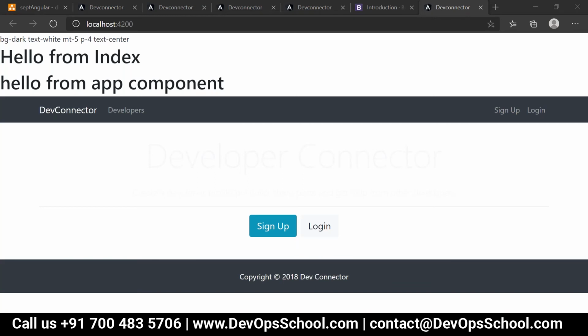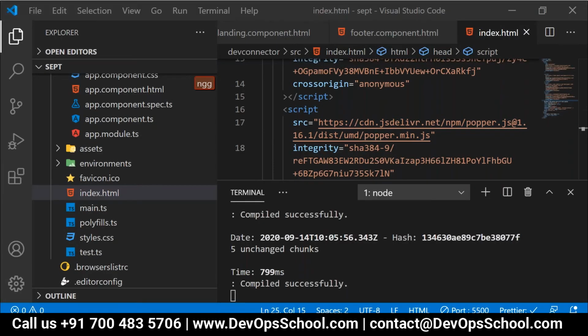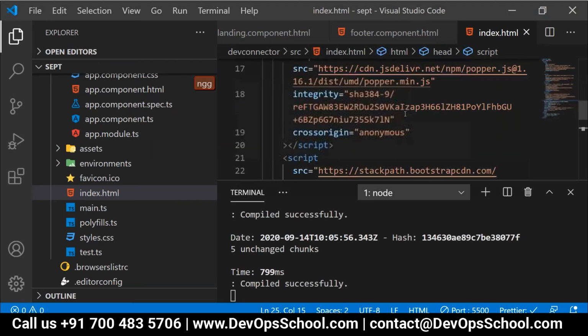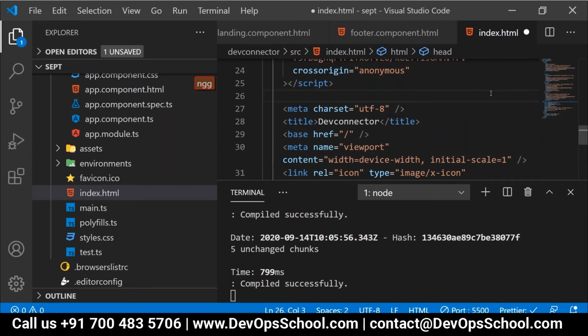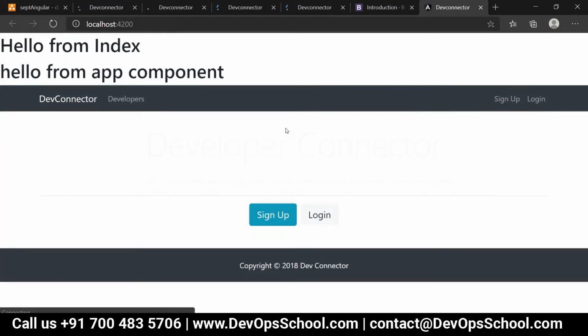This bg-dark is coming from where? Below the head tag, line number 20. This one got copied actually. So we'll have a look over here. Now Bootstrap is applied. Agree, everyone? People, that Bootstrap content is visible, right? One link tag and three script tags, correct? Okay, one thing is sorted.